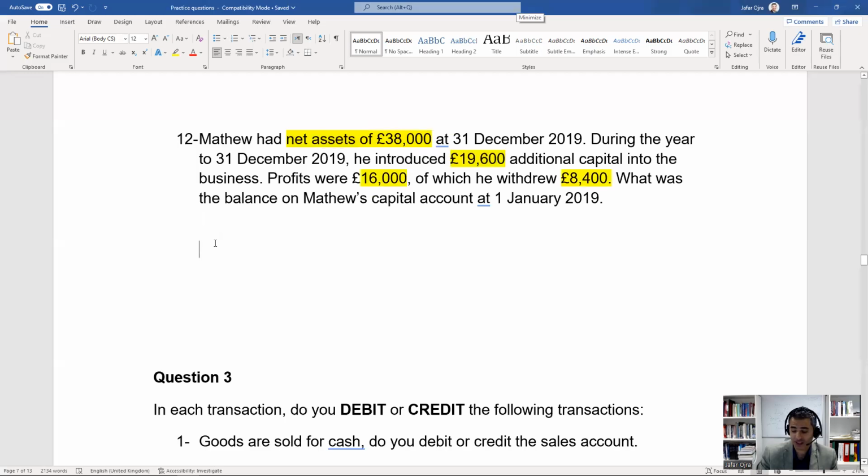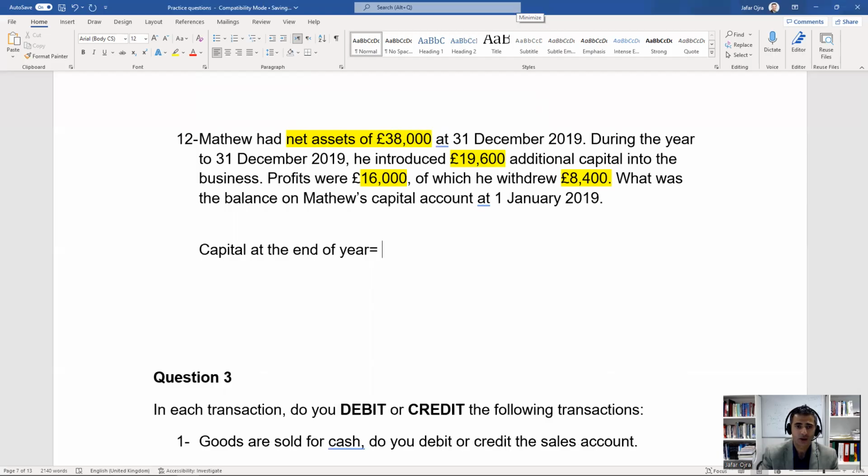I know it's a bit tricky and confusing, but let's work it out together in a very simple way. If you know basic math, you should be able to do it. Let's figure it out. So the capital or equity at the end of the year equals